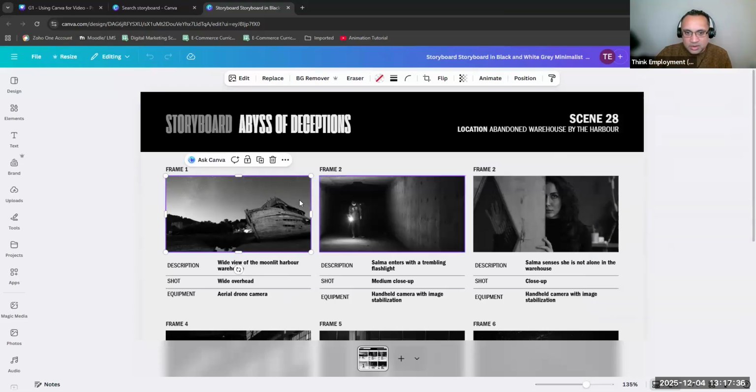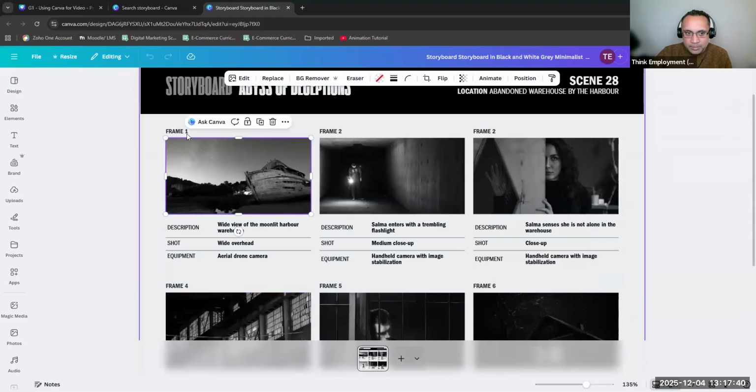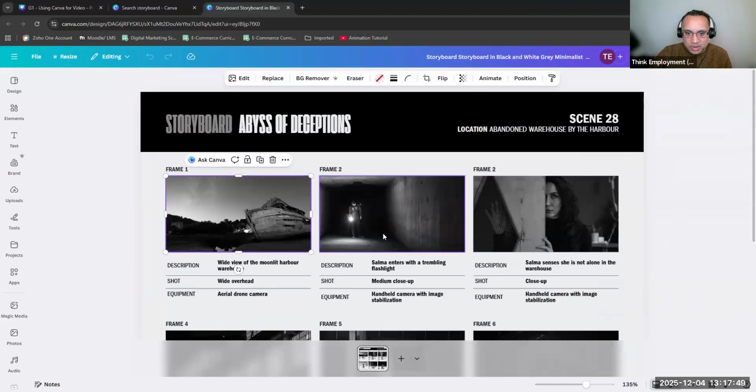Now, if you created videos within your storyboard, that's also possible, but it wouldn't be per frame. It would be per scene. That'll be a bit different. Here we're getting per frame, so it's images. So when it comes to creating a storyboard for now, just use images and download it as a PNG or a PDF. And then what we need to do is actually do this first, because before you download it,